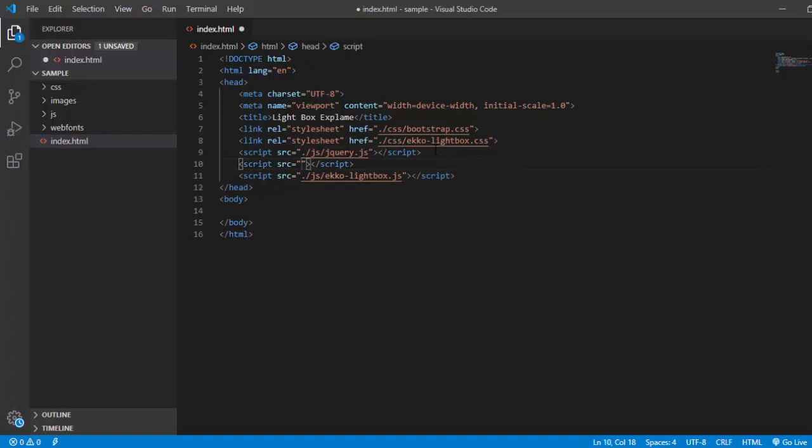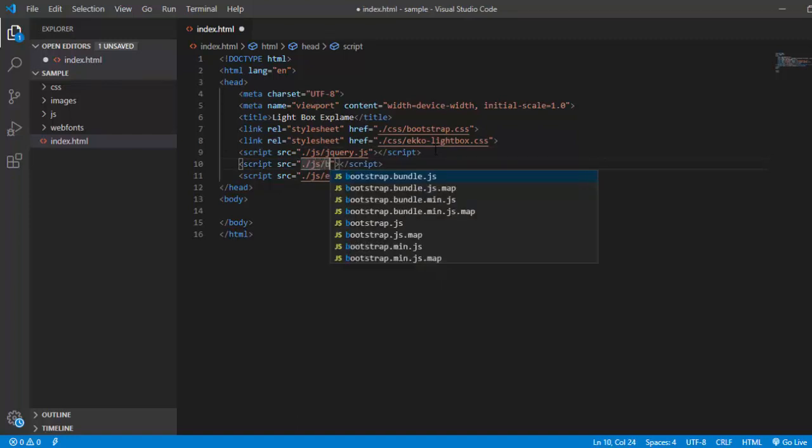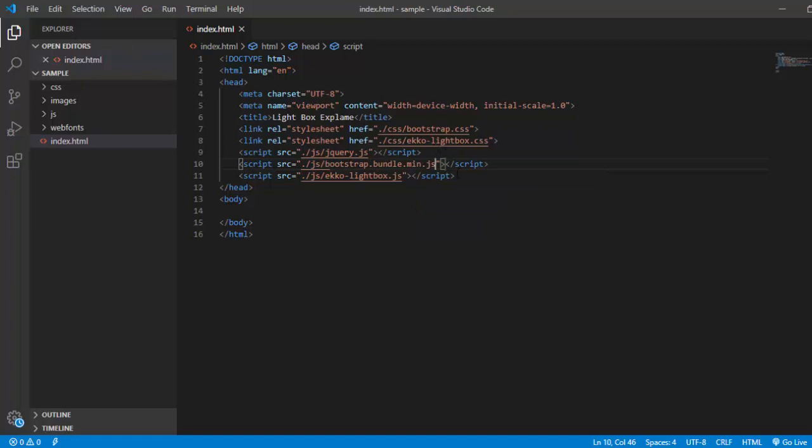Since we are using everything of Bootstrap, let us take bootstrap.js also. This is the minified version which I am using right now. So here you go with all the things.